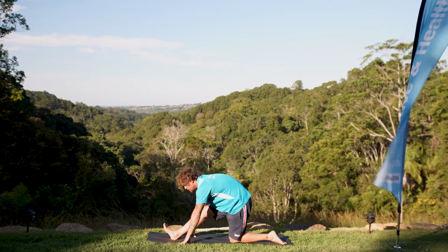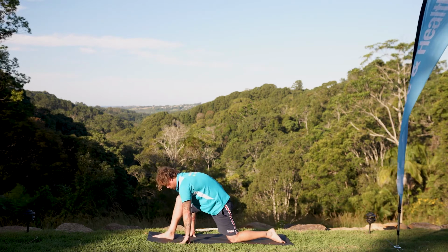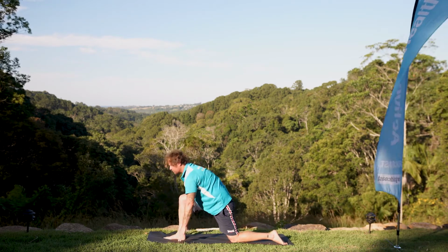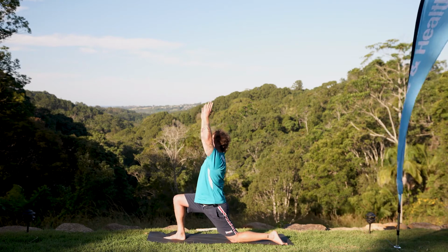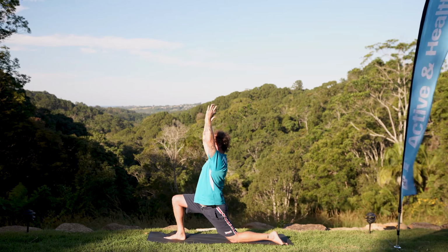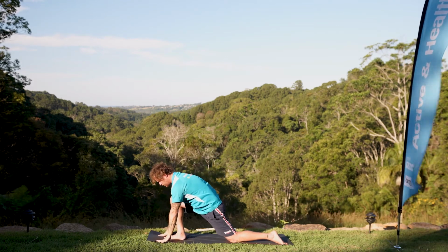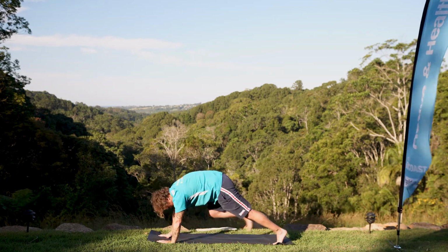3, 2, take the foot back onto the floor. Keep your knee in line with the ankle and raise your arms up. Great job. 5, 4, 3, 2, and take your hands to the floor and come back into down dog for